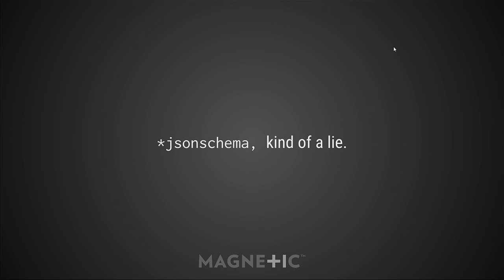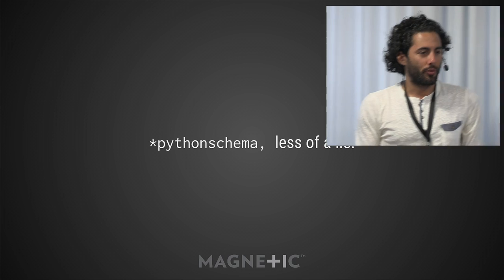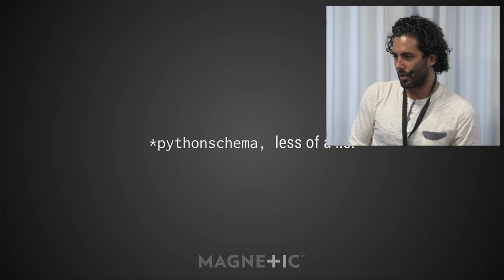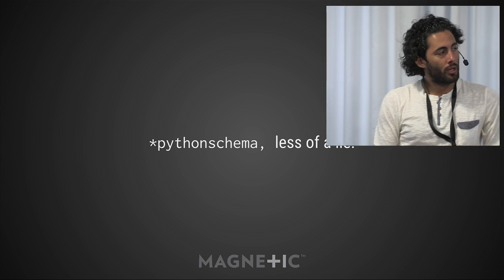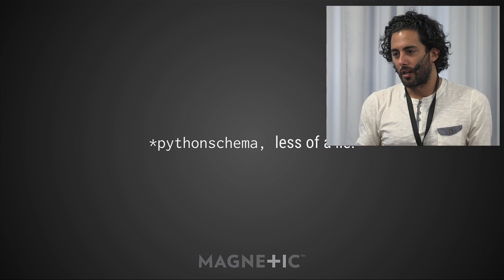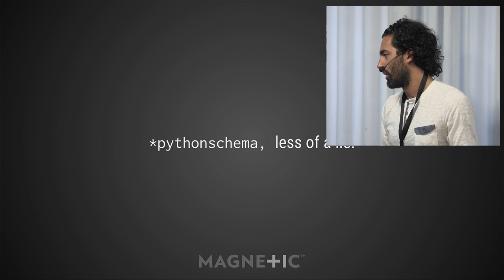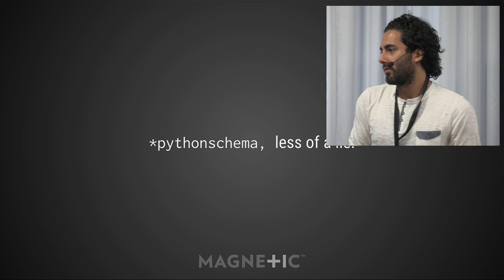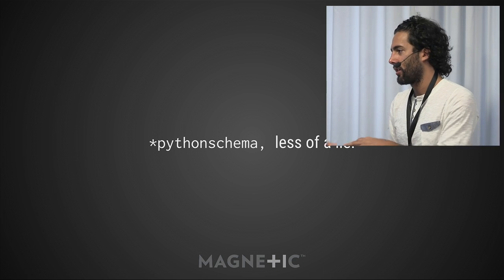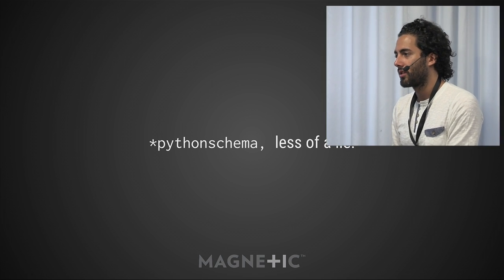So before I go too much further, I have to be slightly pedantic. The name JSON schema is slightly a lie. Because if you were paying somewhat close attention, I didn't really pass in any JSON anywhere. JSON's text, which really, I guess, should be represented as the Unicode type in Python. But we passed around Python objects like Python ints and Python dicts and things like that. So really, JSON schema doesn't actually validate JSON at all. It validates the types of Python objects that you're likely to get from deserializing JSON.